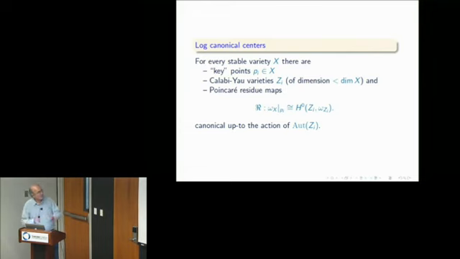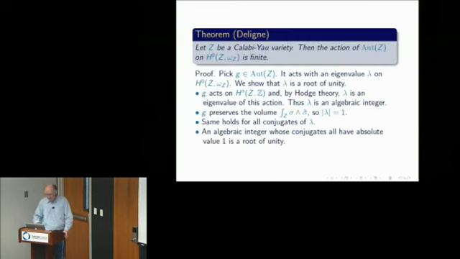So, of course, in the curve case, the only zero-dimensional Calabi-Yau variety is just a point, and then omega of the point is canonically isomorphic to C, so that's why we see it there. But in higher dimensions, we get something more complicated. And now, what we lose here is that this is, of course, only canonical up to the action of the automorphism group of Zi. And so then we need, and I think this is what I would like to finish with,